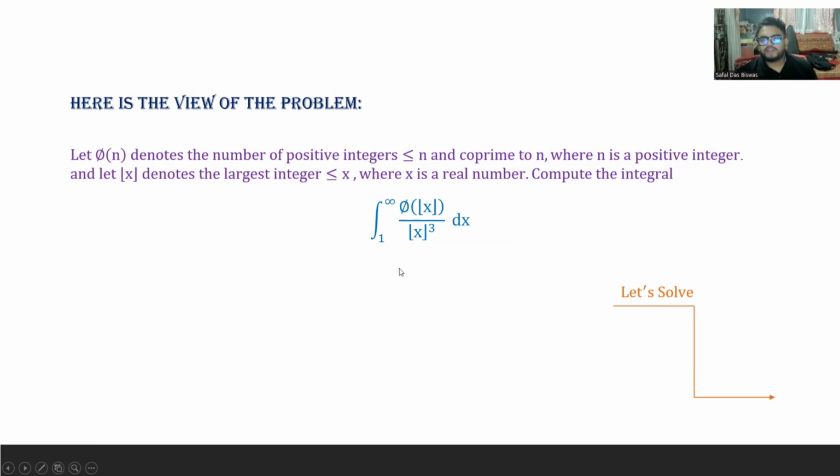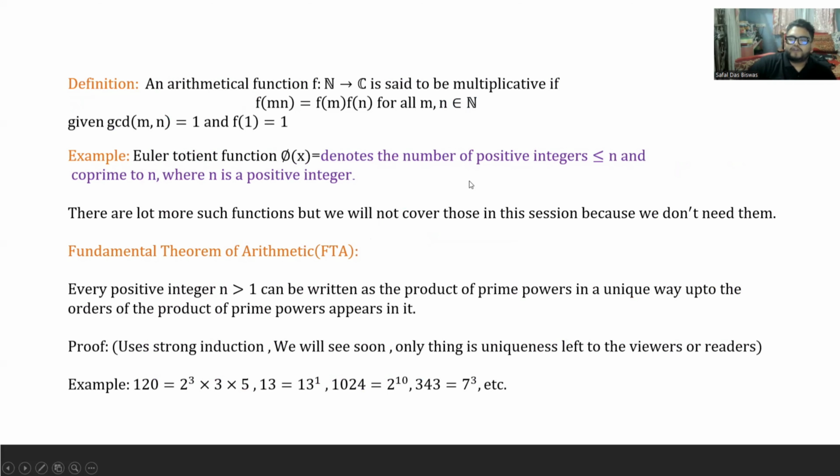So let's solve the problem without much delay. Before beginning the solution, I need to tell you guys a few definitions. So what are those definitions? An arithmetical function f from N to C is said to be multiplicative. Now, arithmetical function is a fancy word, so you might get confused about what it is, but there is no reason to be confused, because an arithmetical function is actually a function that maps the set of natural numbers, and I will take the natural numbers as 1, 2, 3, 4, and so on,